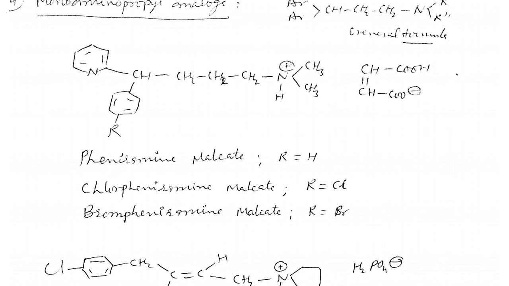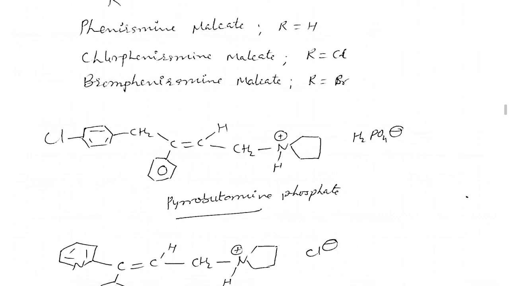And because it is a basic amine, it may be converted into its respective maleic acid salt, the maleate salt. So pheniramine contains the R substitution, where R would be H. So that is pheniramine maleate. If R is a chlorine group, then it is chlorpheniramine maleate, and if R is a bromo group, then bromopheniramine maleate. So look here, what do we mean by chloro and bromo? These are electron withdrawing groups. If we put them on the benzene ring, what happens? The electronegative groups make the compound more stable.